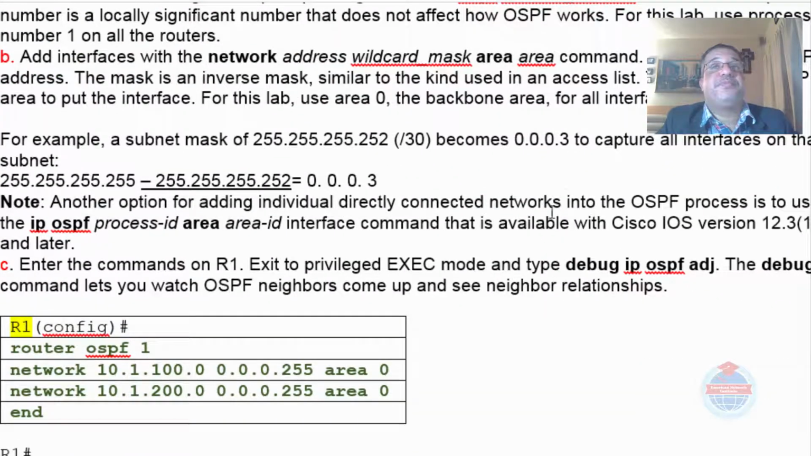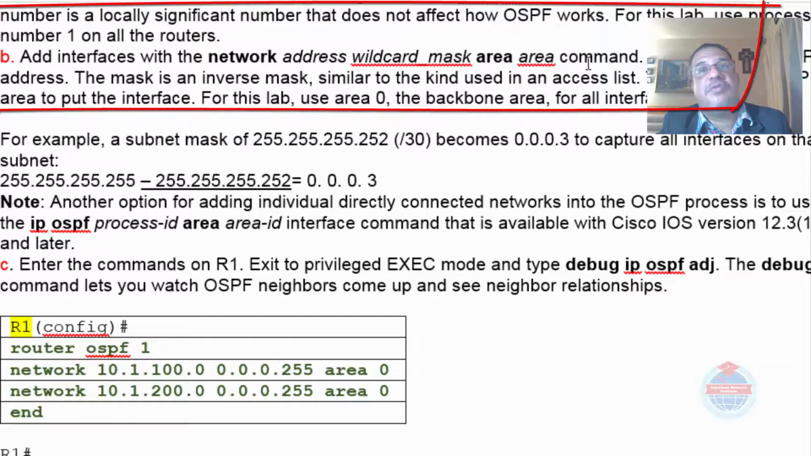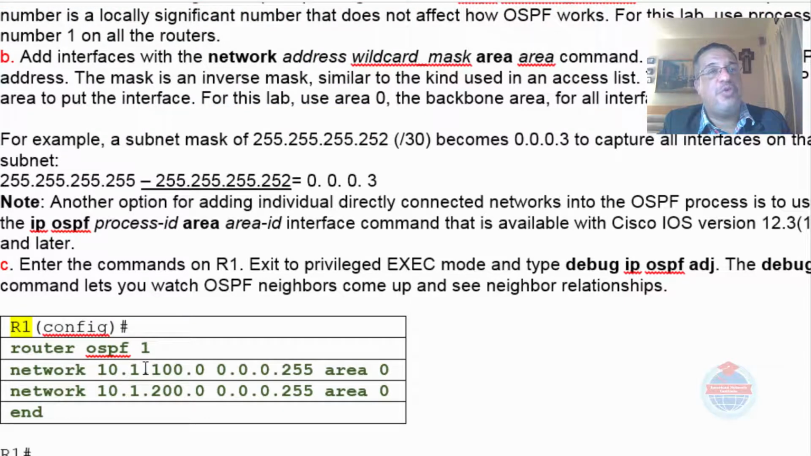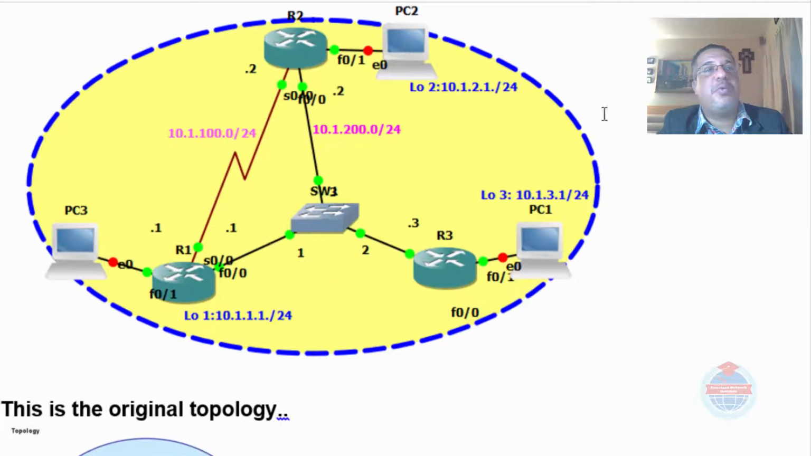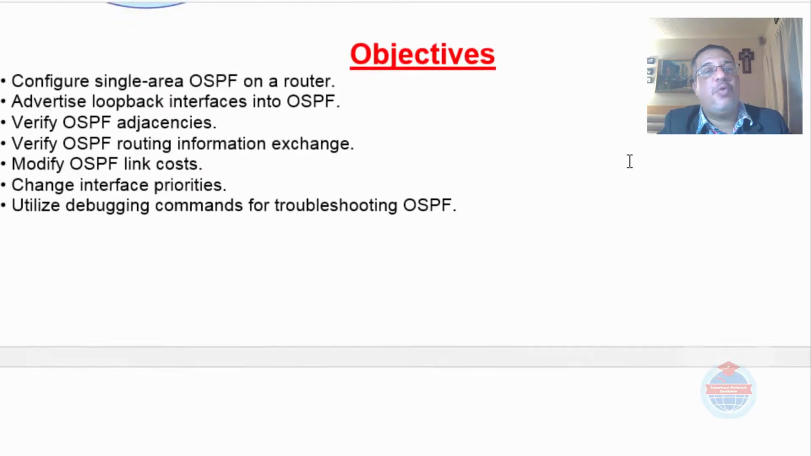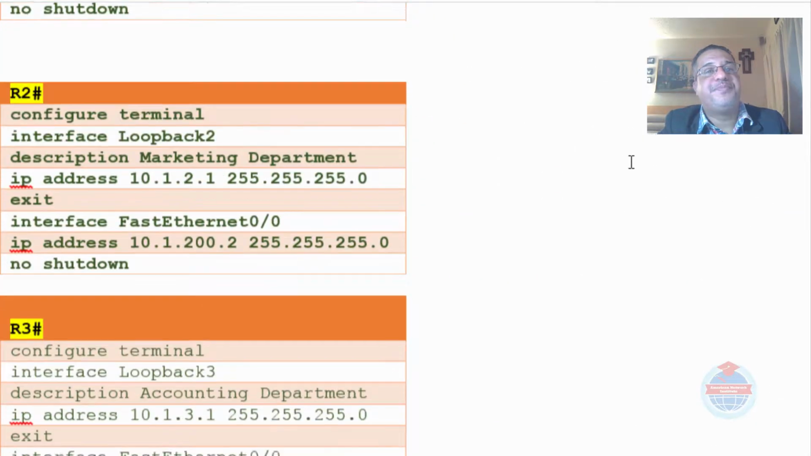And over here, they are talking about adding interfaces with the network address wildcard mask area some value command. What they are talking very specifically about is this part over here, network, the network that you want to add. Let me show you really quick, guys. This network over here, 10.1.100.0 and 10.1.200.0 as well. They want to add over here